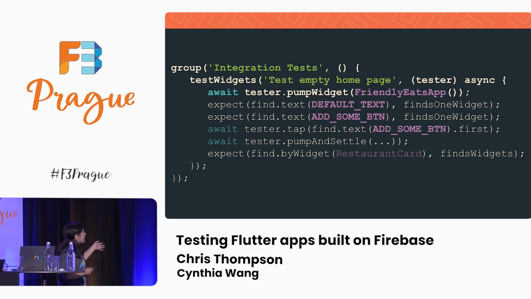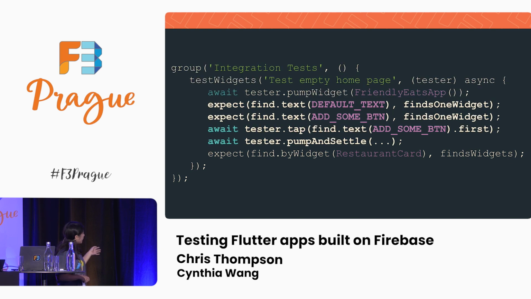Similar to widget tests, we're going to take the entire app as a widget. So we're looking for elements here that we can interact with. First of all, we want to find the default text for our screen. In this case, we're looking at an empty restaurant page, so there should be no restaurants available, and the default text is no restaurants available. We're also expecting to find the text for the add some button, and exactly one widget that does that. We're going to have the tester tap on that button,